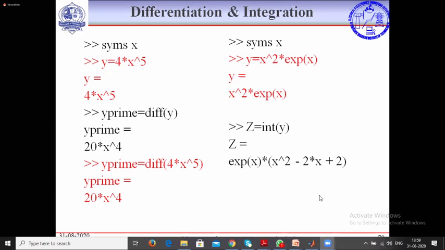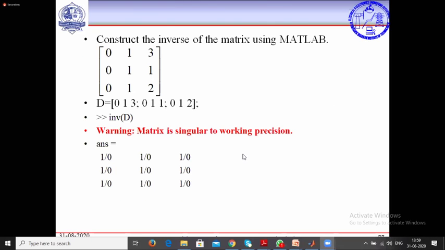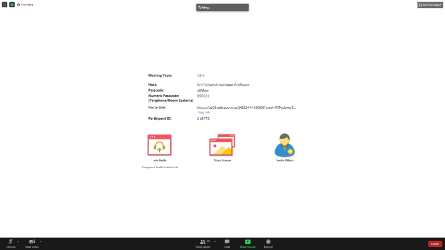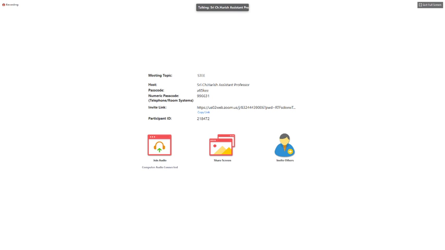This is about some of the basic matrix operations, how to find the matrix when you have different equations, and what commands there are. These are the things I wanted to discuss today. This is about today's class. In the next class we'll have cell arrays, structures and multi-dimensional arrays. We'll discuss step by step. Are you understanding or not?